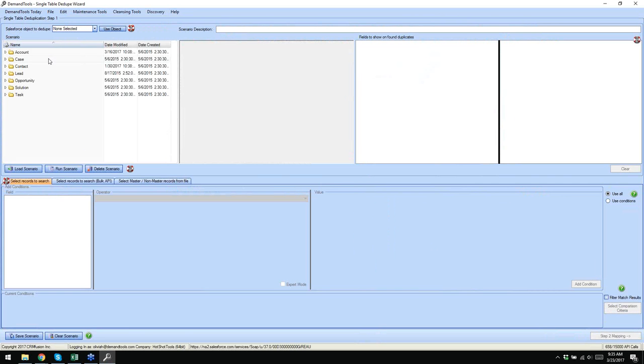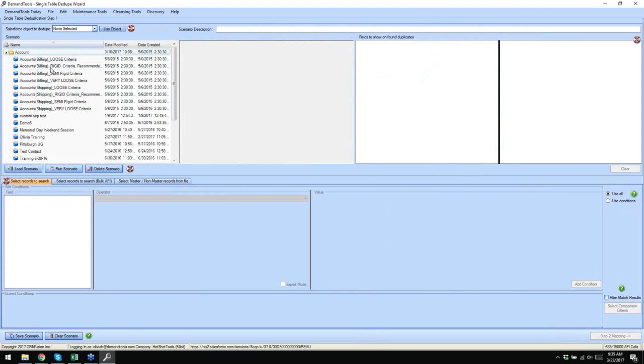So we always recommend a rigid to loose approach. And if you look at our pre-built scenario list here, you'll see that our naming convention follows that best practice. Okay, so the pre-builts are great jumping off points. You can use them as places to get started, but we do encourage you to customize this for your specific